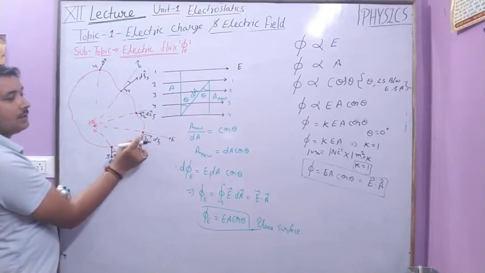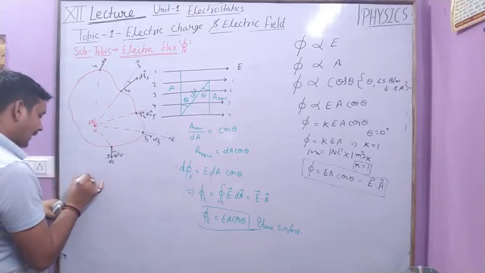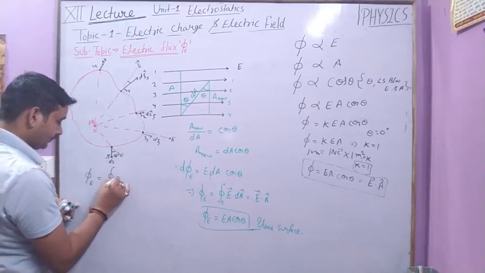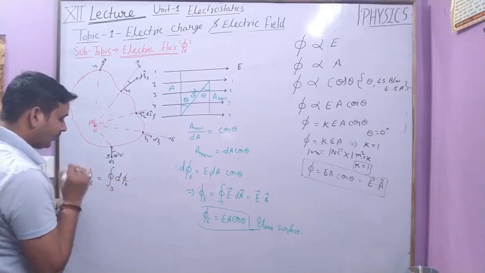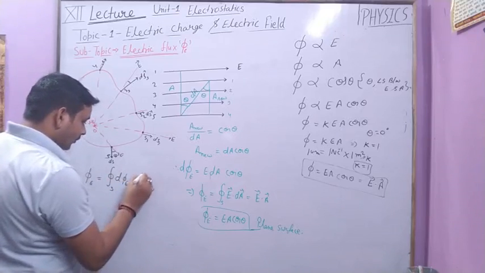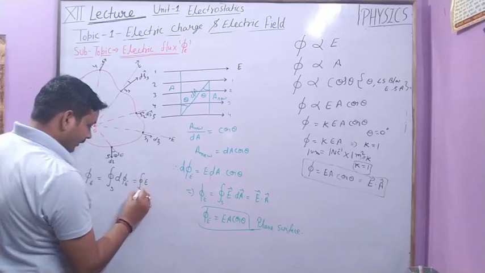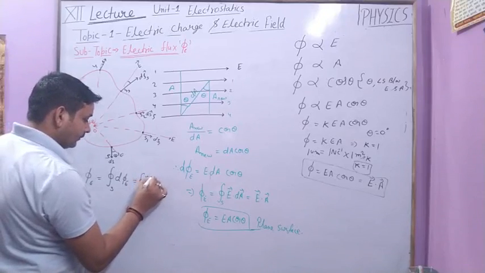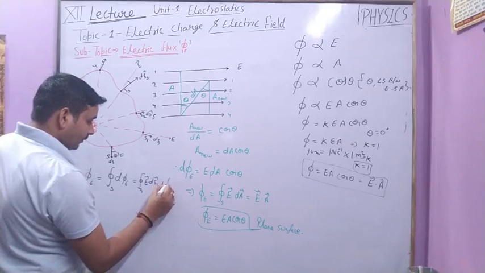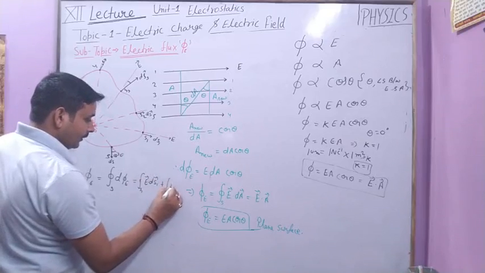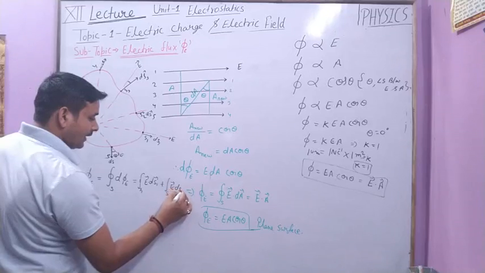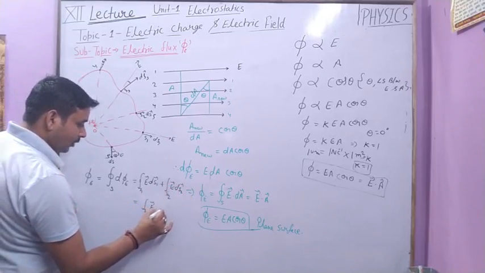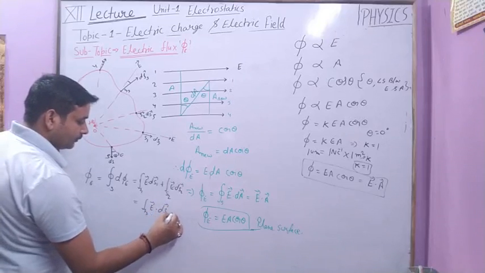So you can calculate the electric flux for smooth figures by adding all the values of electric flux through the small surface elements, that is phi E equals the integral of d phi E over the surface, which is equal to the integral of E dot dS1 for S1, vector E dot dS2 for S2, E dot dS3 for S3, and so on.